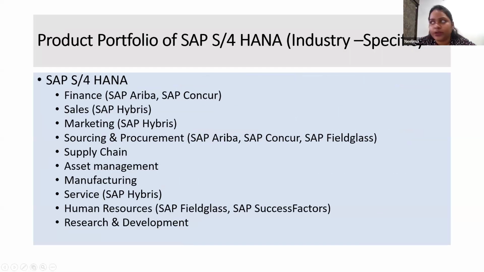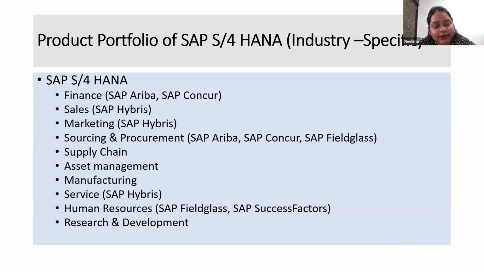Now let's see the product portfolio. In this product portfolio, basically this is an industry specific portfolio, which shows you all the applications and cloud systems that SAP provides for different business areas, and how this supports different functions and industries. In this portfolio, which is showing here, in finance, as you see, solutions like SAP Ariba, SAP Concur, which help